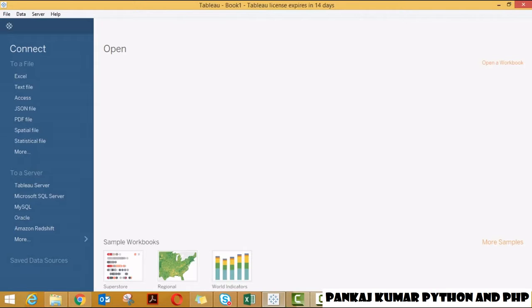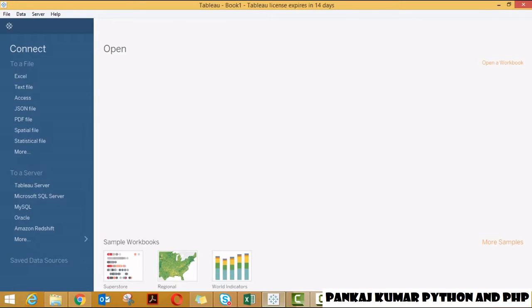Okay, so guys, besides connecting to the databases, we can connect Tableau to R and Python as well. There are specific libraries available in R and Python which connect Tableau to the programming environment. For example, there is a library called Tableau R in the R environment, which helps establish the connectivity between R and Tableau.